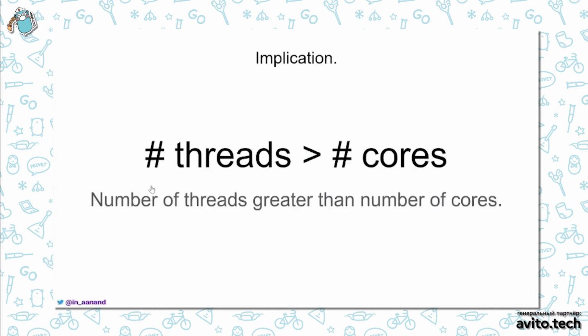The implication is that the number of threads will always be greater than the number of cores when our program runs. Though not explicitly stated, the number of threads is greater than the number of cores in our Go program always, and all idle threads are managed by the runtime to avoid too many threads. By default, the initial setting is 10,000 threads, and any program exceeding that number will crash. You can set your own number of threads using the runtime/debug package with the SetMaxThreads function.